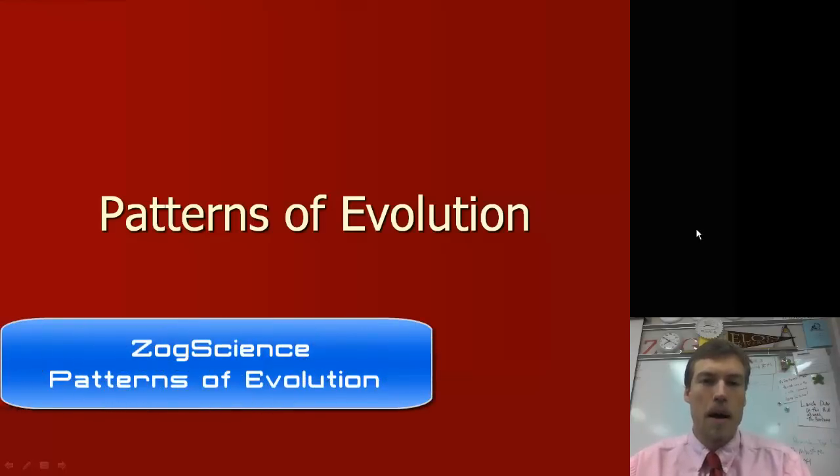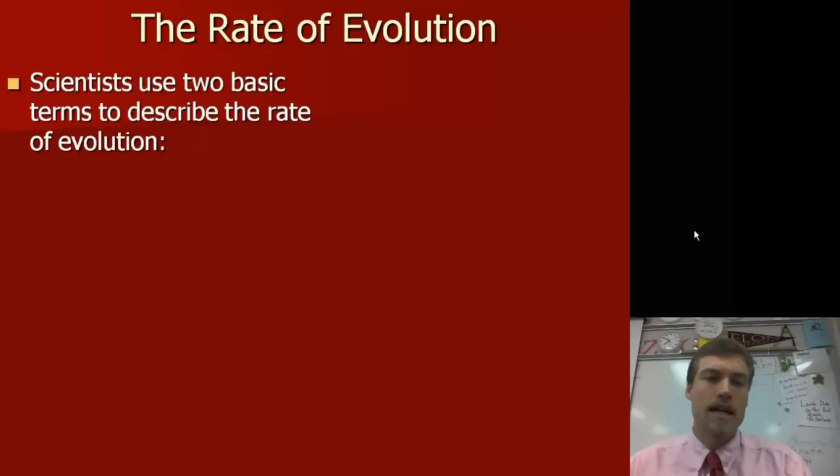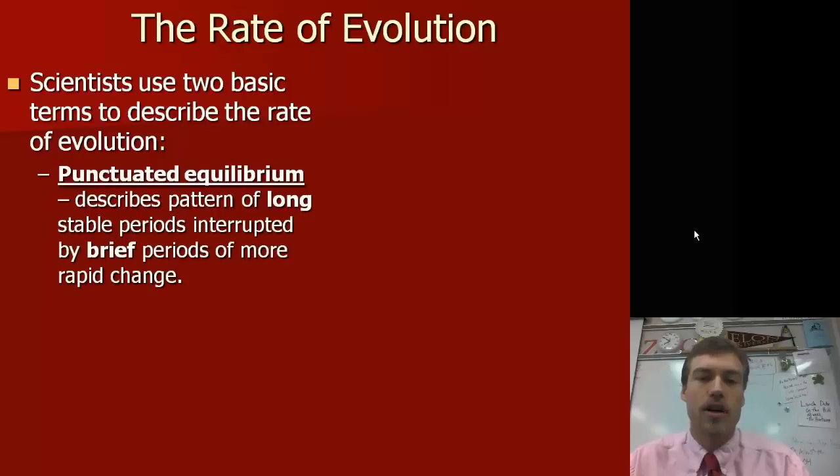Today we're going to be talking about different patterns of evolution. So the rate of evolution, all right? Scientists use two basic terms to describe the rate of evolution, and the rate of evolution is how quickly is evolution occurring. We've got punctuated equilibrium, and this describes patterns of long, stable periods interrupted by brief periods